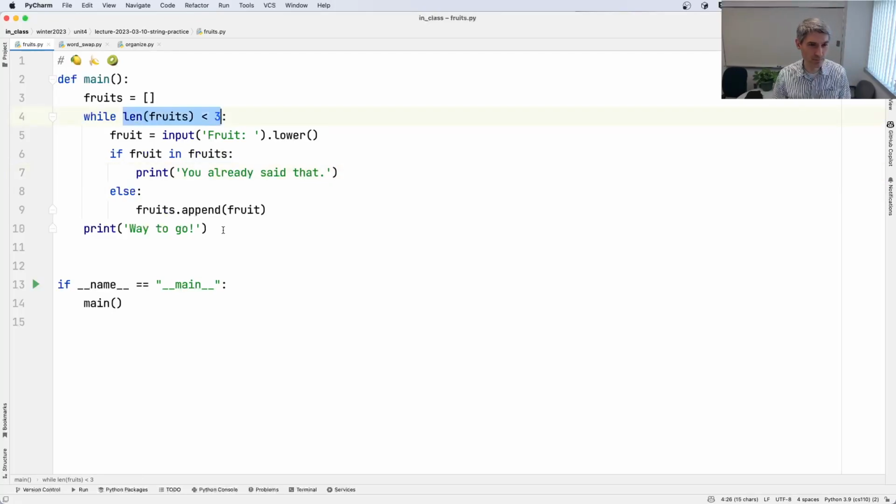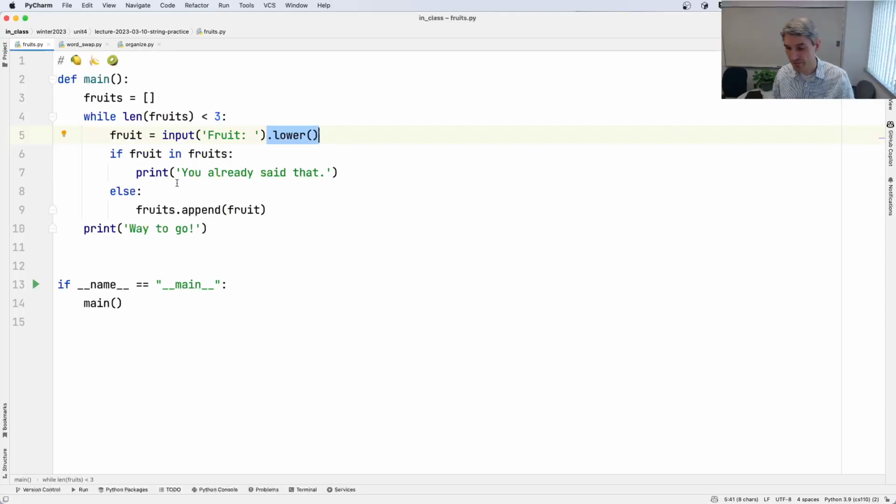One, we've changed the while loop condition. Instead of while True, we just said while the length of fruits is less than 3. And then as it grows, eventually it'll stop. This is more similar to how we did it with bit. You can use while True with an if and a break, that's fine. But here's another way you can think about it. And then we talked about this idea of standardizing the case.